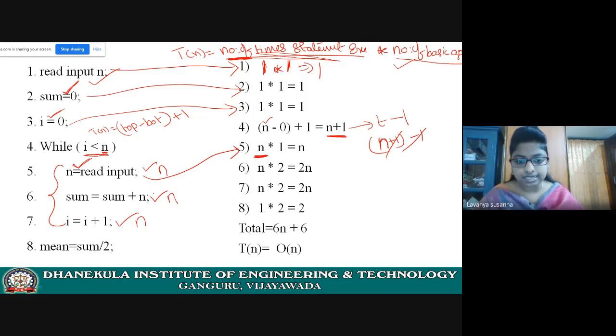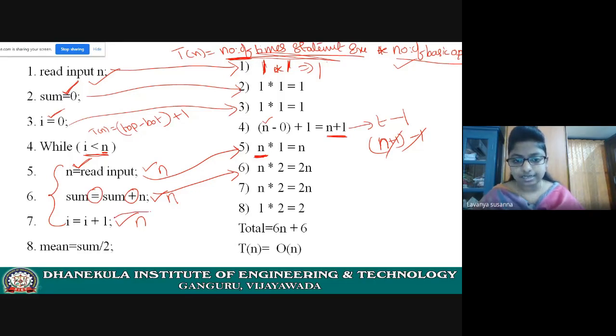Now let us see the statement sum equal to sum plus 1. How many times does it execute? N, as we just found out. N into how many basic operations? Plus and equal to. There are two basic operations. So n into 2 equals 2n.